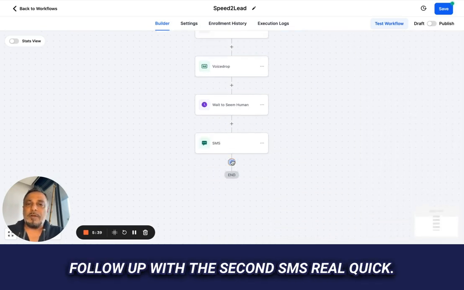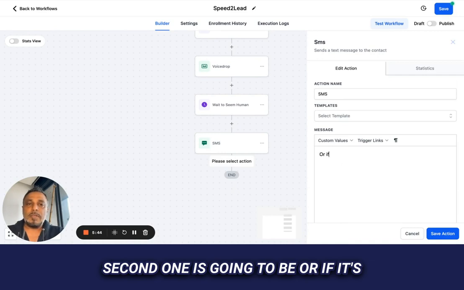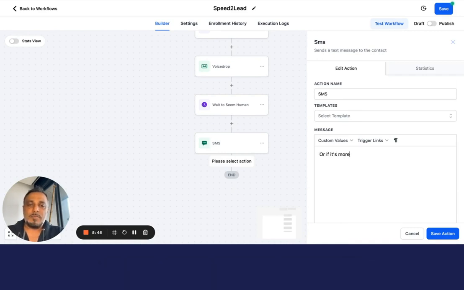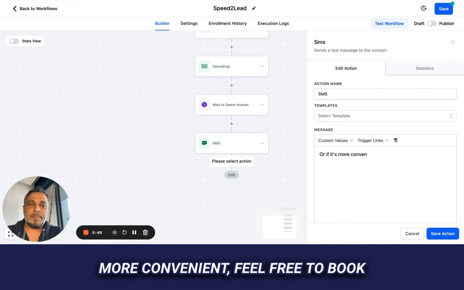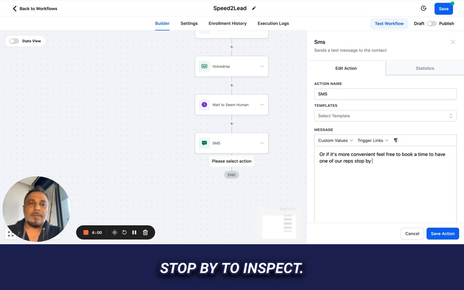But what I'm going to do is I'm going to follow up with the second SMS real quick. Second one is going to be, or if it's more convenient, feel free to book a time to have one of our reps stop by to inspect.